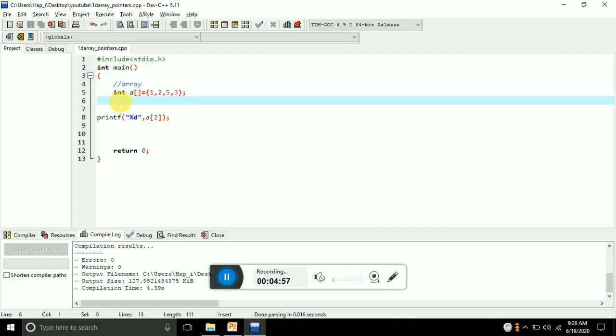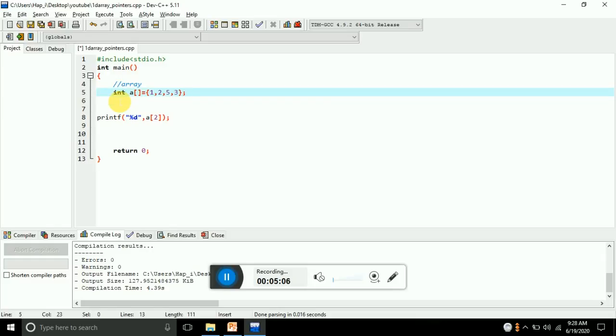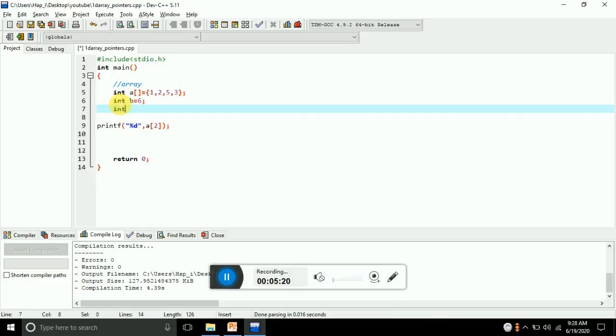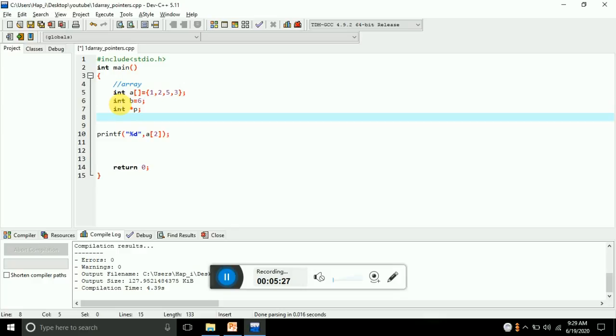Let me quickly create a variable here, v, and the value is 6. So let's create an integer pointer, *p, and then I have to point it to the integer. p will point to v.